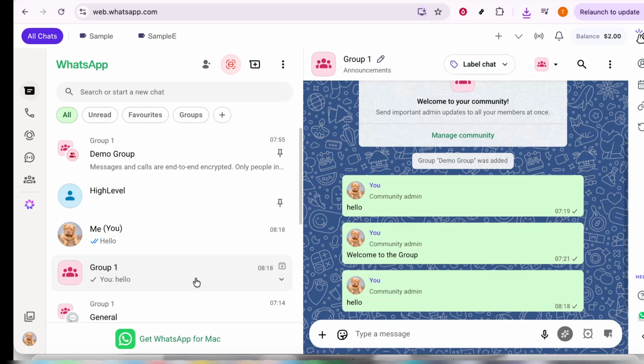Next, take a look at the bottom of your chat screen. You'll notice a variety of options to enhance your messaging experience. Find the little plus icon, which is located right next to the message box. This icon serves as a gateway to different features that WhatsApp offers, allowing you to upload documents, images, and more directly within your chat. But today, our focus is specifically on creating a poll, so go ahead and click on